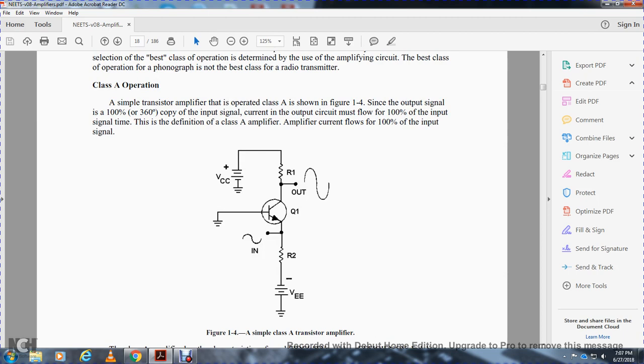Alright, Class A. A simple transistor amplifier operated as Class A is shown in figure 1-4. The output signal is a 100%, or 360 degree, copy of the input signal, with current flowing in the output circuit for 100% of the input signal time. The definition of a Class A amplifier is that current flows for 100% of the input signal. The figure shows the voltage source, collector, output signal, resistor 1, the transistor, the input sine wave, resistor 2, and